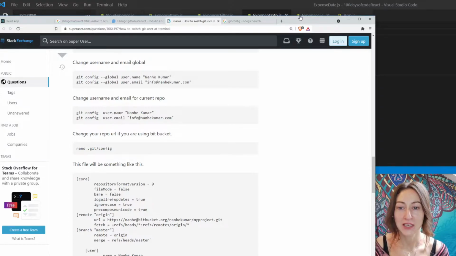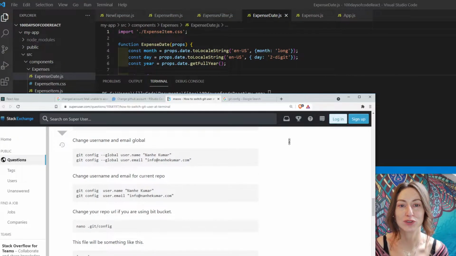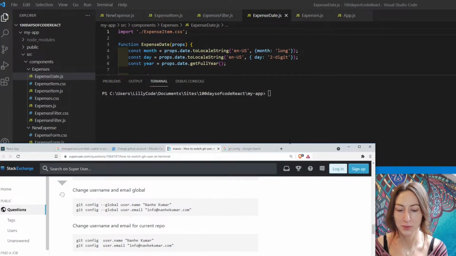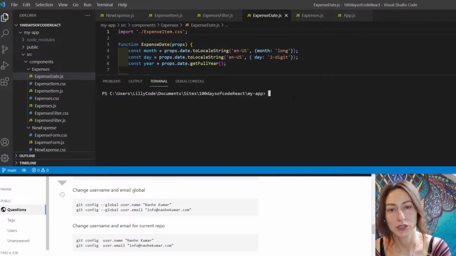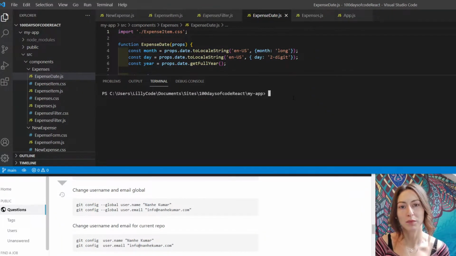So when you're in your terminal, if you just press the up arrow, it will bring back your last command. So it's very handy. You don't have to keep typing out whatever it is that you're typing. You can just go up through your previous commands like that. So what I'm going to do here is now,